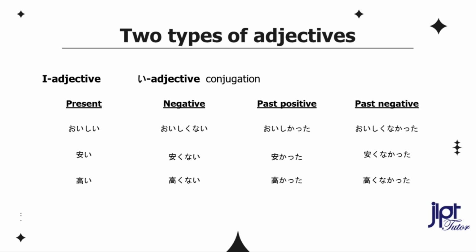Past negative. To make the i adjective negative past tense form, drop い and add kunakatta to the stem. It was not delicious. 美味しくなかった。